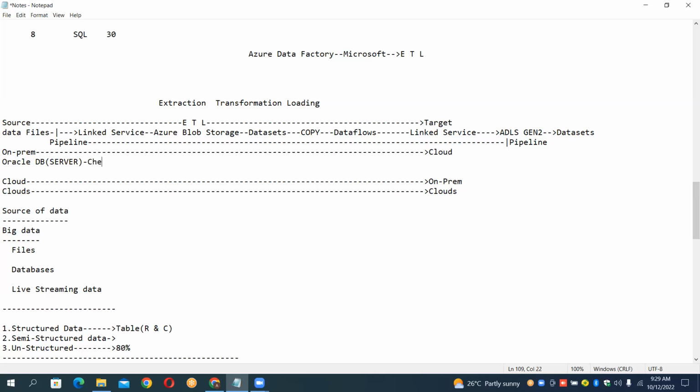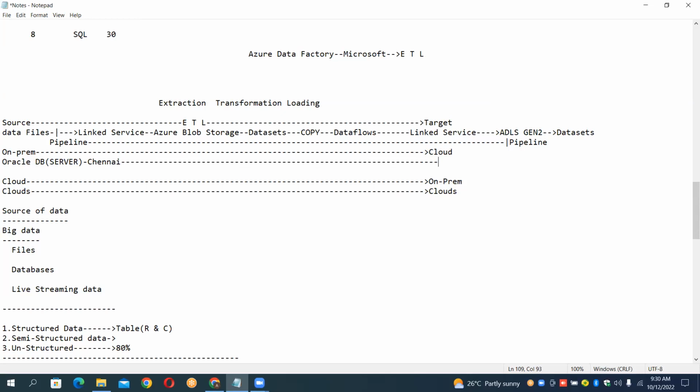The physical location of the server is Chennai, so this is called on-premises. Whenever you want to get the data from this on-premises into a cloud environment,